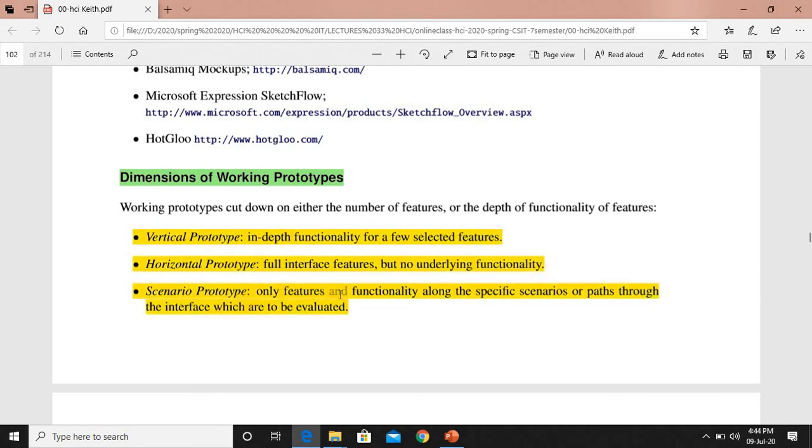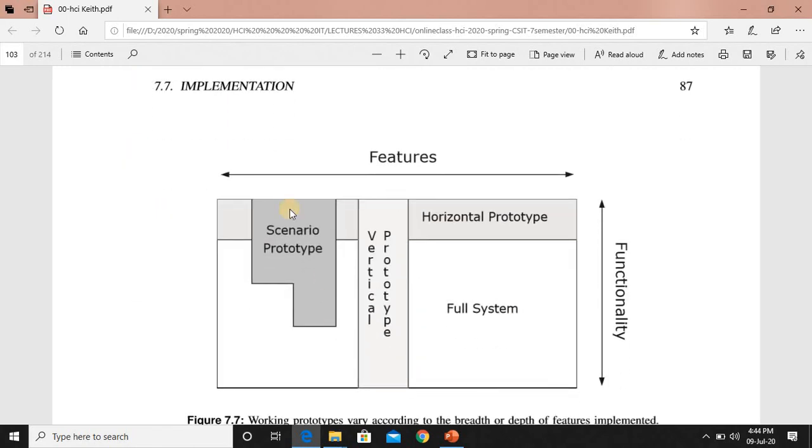And in the scenario prototype, only the features and functionality along with the specific scenarios are passed through the interface, which are to be evaluated. It can be shown in the design. Here we have the scenario that can be explained in detail, scenario based prototypes. This is the vertical explanation of features of a design, and this is the horizontal.